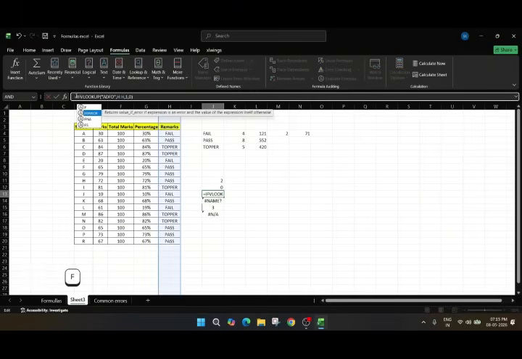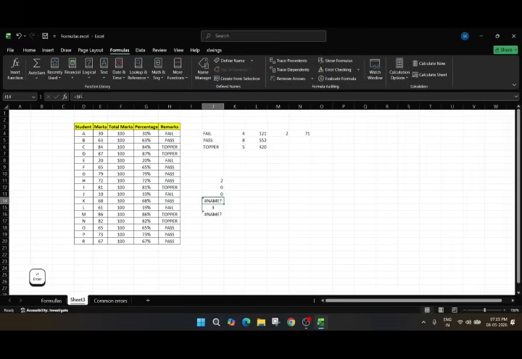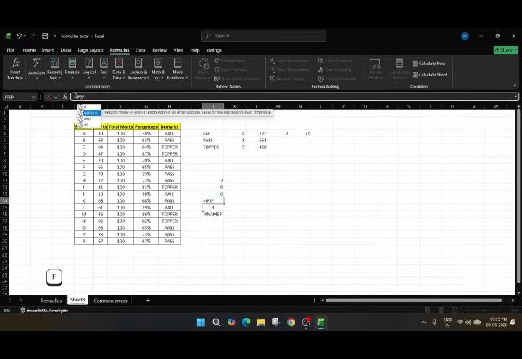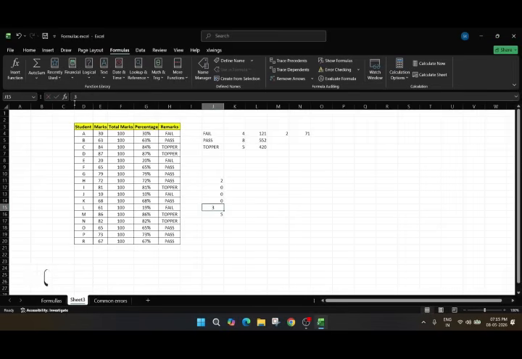Then again, in front of the formula, I enter IFERROR, go to the end. You can see value if error, I want to display 0. Now you can see